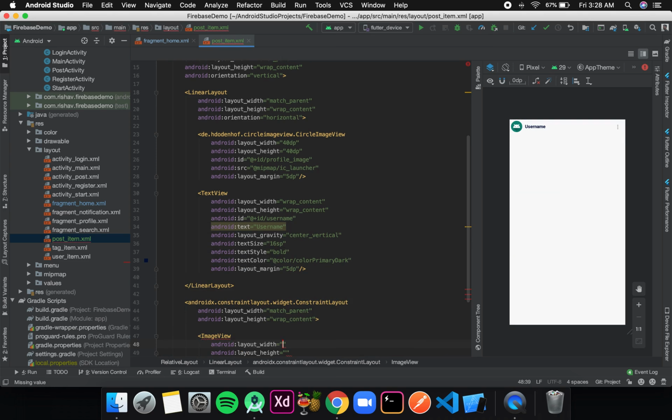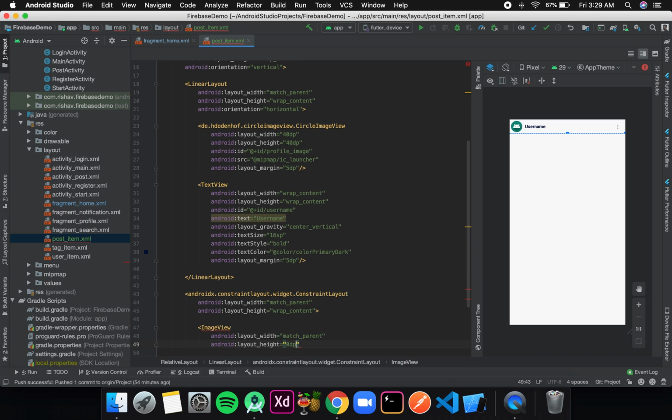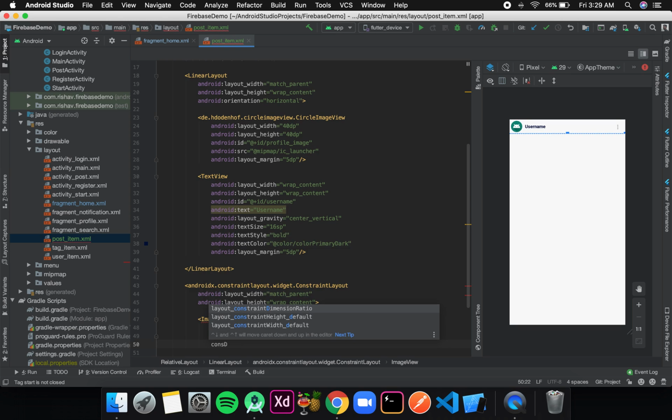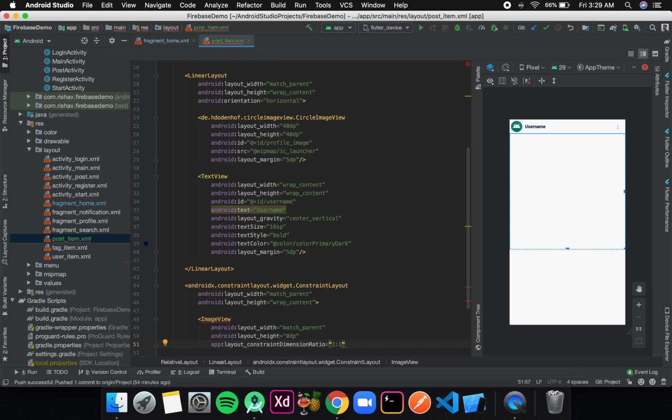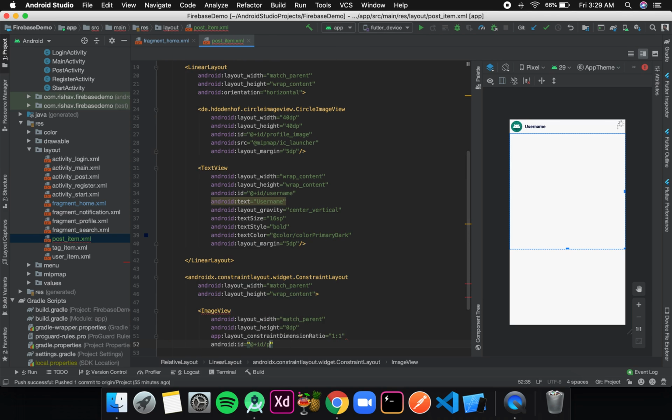The width is match parent, height is 0 dp, that means we are not giving any specific height, but instead of that I will give a constraint dimension ratio, and that is 1:1. That means the width and height will be same, that means a square image section is provided. Okay, then I will give it an ID, let's say post image,